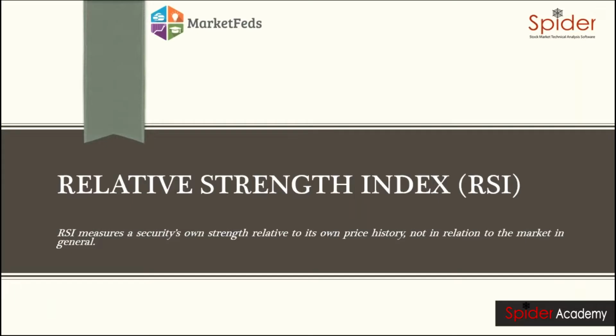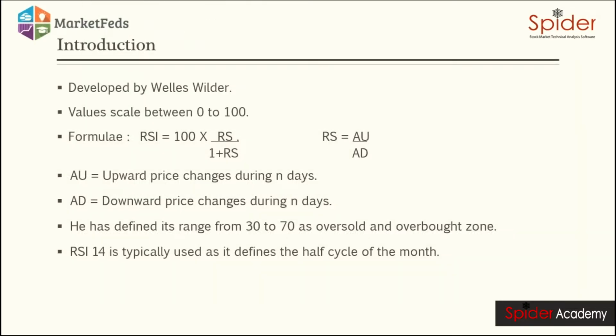So we are relatively comparing what has happened with the price of the security in the past few days. So when we are talking about the upward changes during N days and downward changes, we are comparing, let's say, 14 days before. So what is happening since the last 14 days with the price? And here we are using 14 for the reason that it defines your cycle for half of the month,